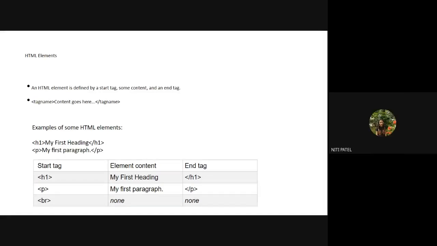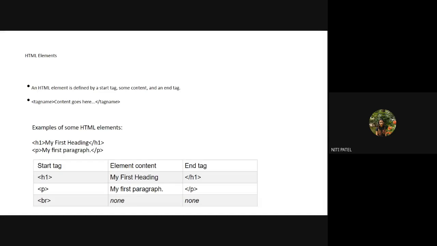Backslash BR. Yes, it should get closed with a backslash BR. But what is written at the end tag? None. Why? Because there are many tags in HTML which do not require closing. So even if they are not closed, they will display the output on the screen. One such type of element which does not require an end tag is the break element. We will be seeing this in more detail, and how it works, that also I'll show you.